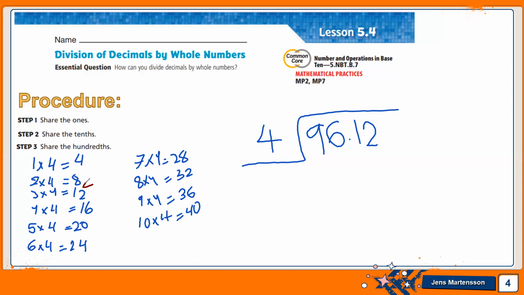Now, what is the number that is less than 9? 8. Okay, so I will go now to number 8. What is the number that if you multiply it by 4, you get 8? 2. So I will write up 2. Then 2 times 4 is